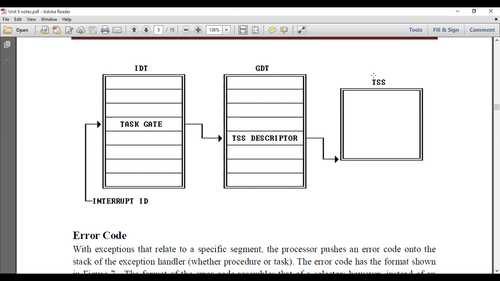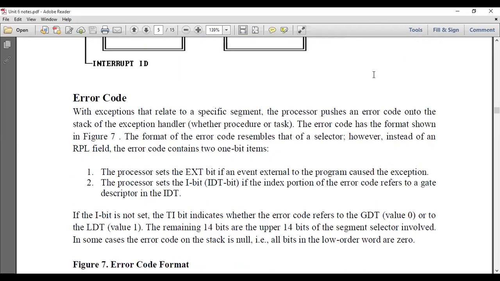This is where the interrupt ID changes with the task gate. If it is done for the task gate, then the changes need to be done in the GDT, in the TSS descriptor, which will be referred to the appropriate TSS if it is done for a TSS descriptor.